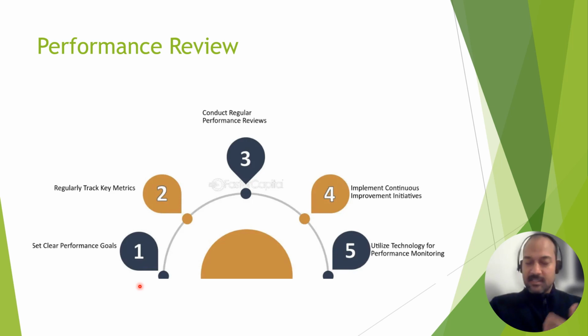And once the variance has been identified, you try to improve those areas, right? So first we set the performance objectives or goals. And these goals could be in terms of targets, like the KPIs that you have, the key performance indicators,